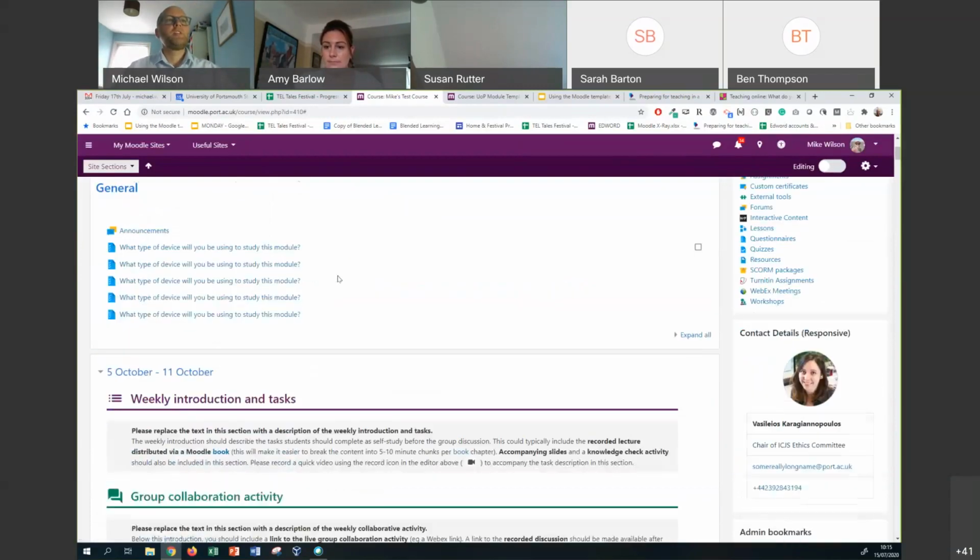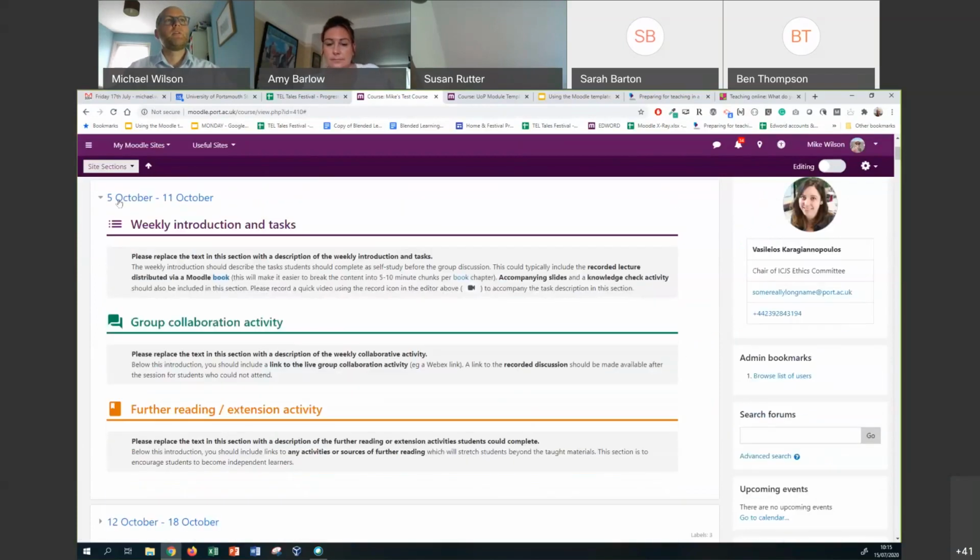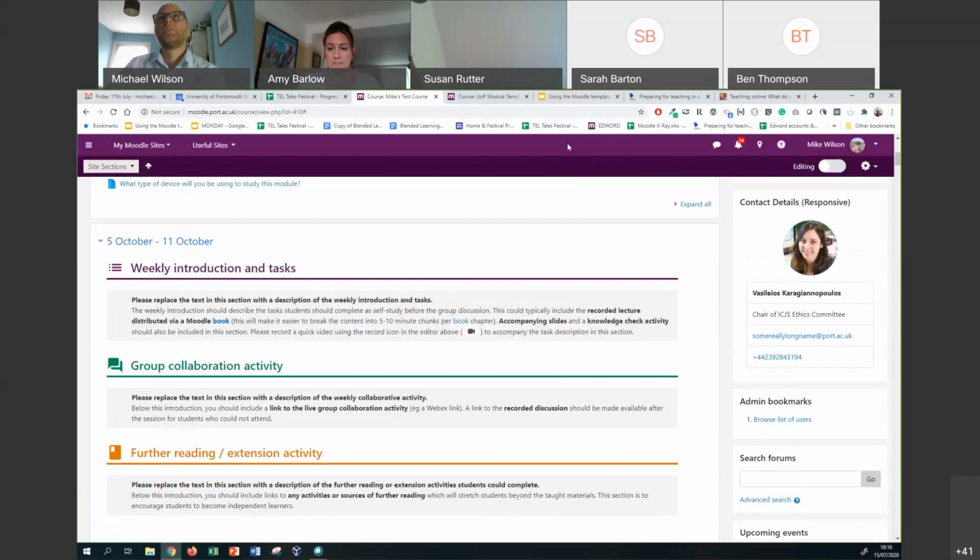In each of the sections down the page, so you can see it starts from the 5th of October, you'll see those 3 headings I spoke about with the guidance of what should go into each of those sections. I'll cover what that is in a second. But yes, clear instructions which you can take out and then replace with the guidance to students. So if I pop back now to my